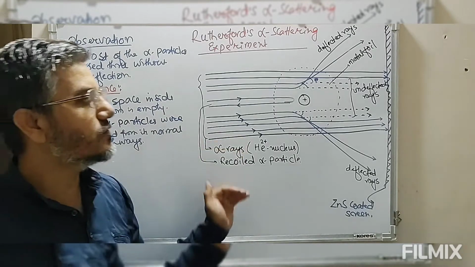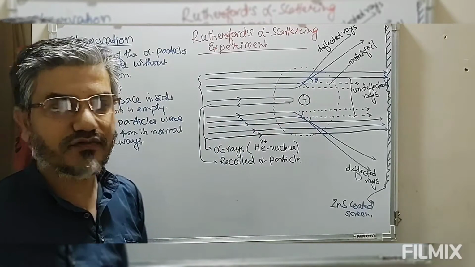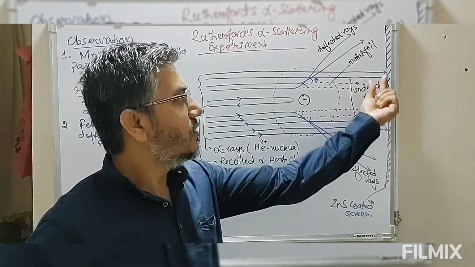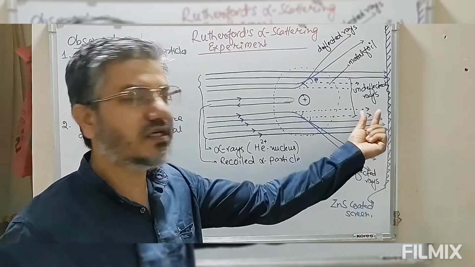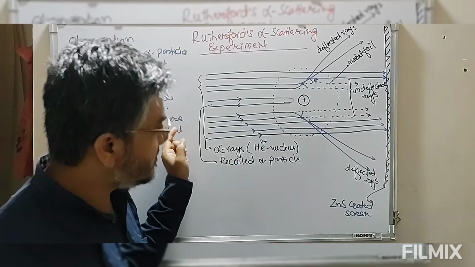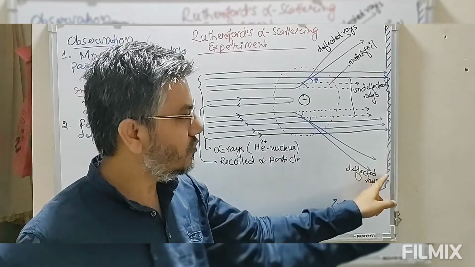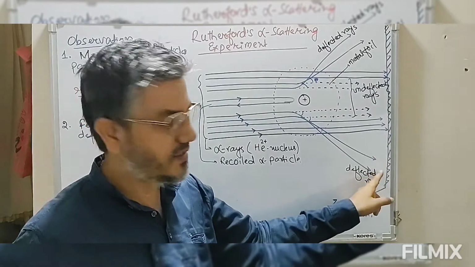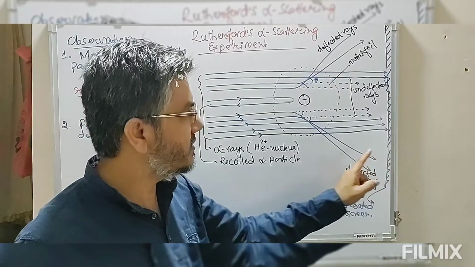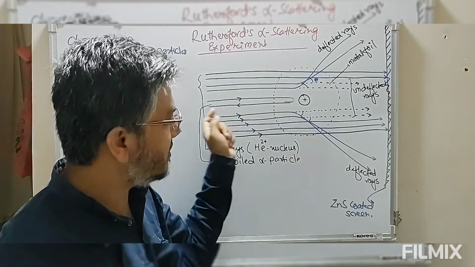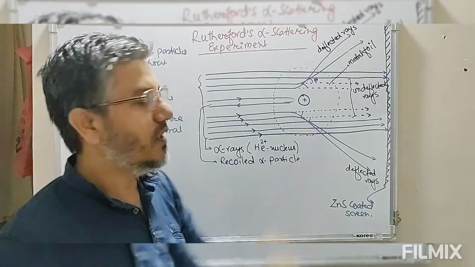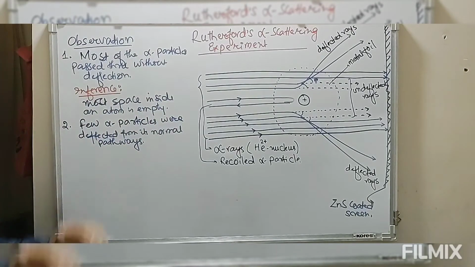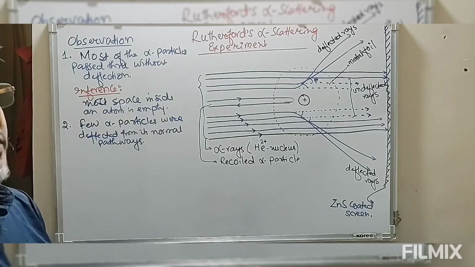Now how do we come to the conclusion that some alpha particles were found to deflect? Because at this particular portion there is no glow or scintillation produced on the zinc sulfide coating, but there are some alpha particles that were found to produce glow at this end. So from the point of glow, we say that since there is no alpha particle here, these alpha particles might have come from this deflected portion. So since a few alpha particles were deflected from their normal path, he came to the conclusion.